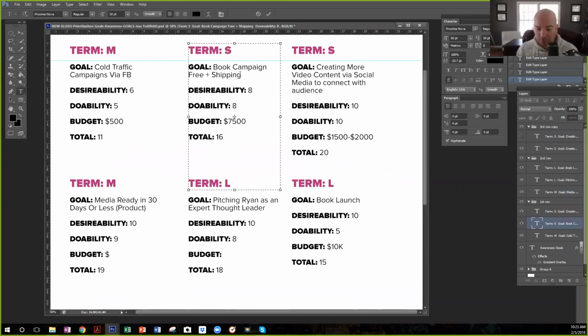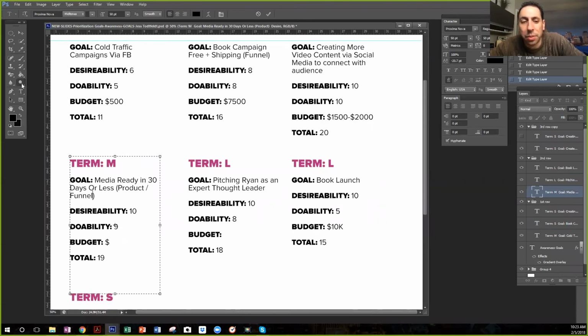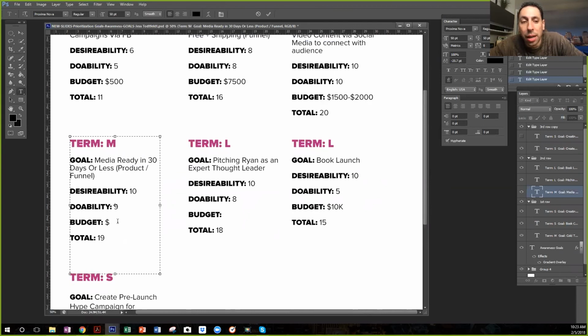And I guess now that I'm kind of saying it out loud with these, because I went and took action on a few of these things, I guess the Facebook ads is just something I have to get the system down to something that I feel like works, that I know it's not just throwing. I create the budget lower because I'm basically throwing money and being like, I don't know. If you were to hire a designer and funnel builder, if you will, to create the media ready in 30 days or less product funnel, what would your budget be for that?